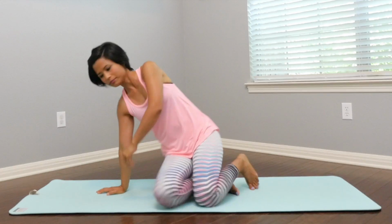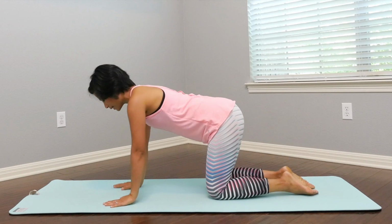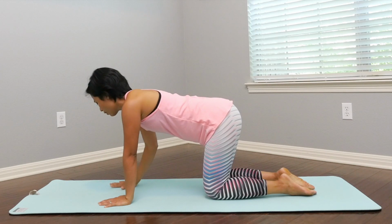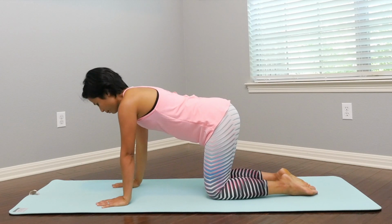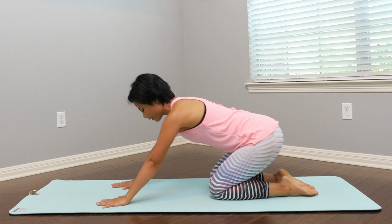Relax those fingertips. Now let's go on to our kneeling position. From here, your wrist is right underneath your shoulders and your knees are right underneath your hips. So we're going to do a moving rest position. Apply the weight on the wrist and you slightly sway back your body towards the heel